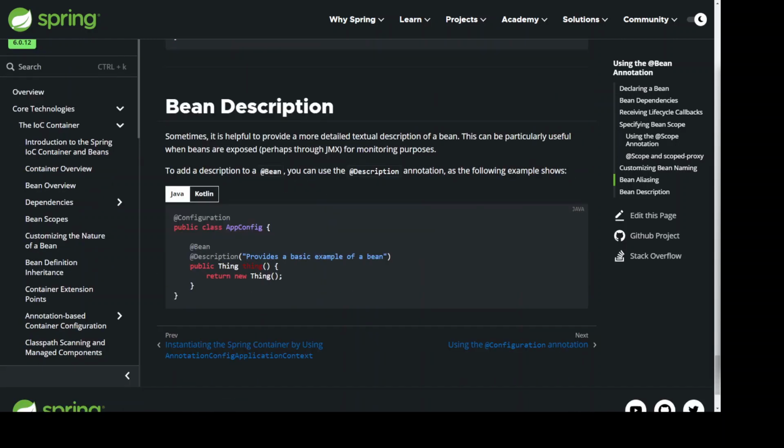Bean Description. Sometimes, it is helpful to provide a more detailed textual description of a bean. This can be particularly useful when beans are exposed, perhaps through JMX, for monitoring purposes. To add a description to a @Bean, you can use the @Description annotation, as the following example shows. @Configuration public class AppConfig { @Bean @Description("Provides a basic example of a bean") public Thing thing() { return new Thing(); } }